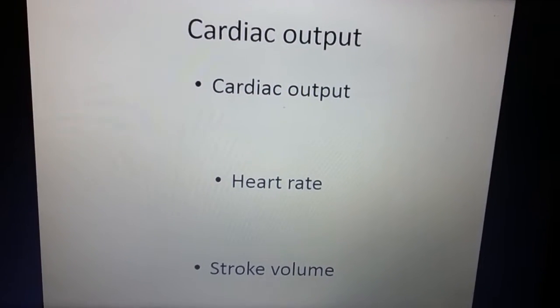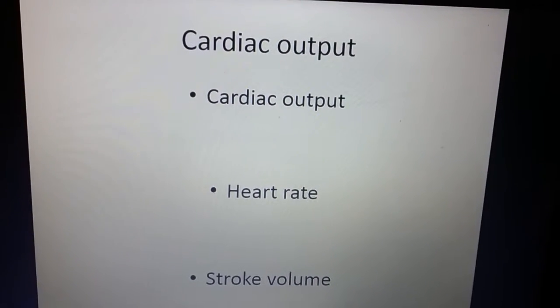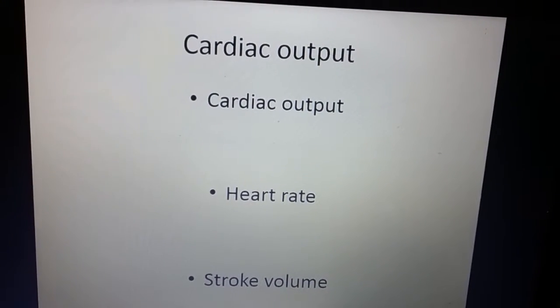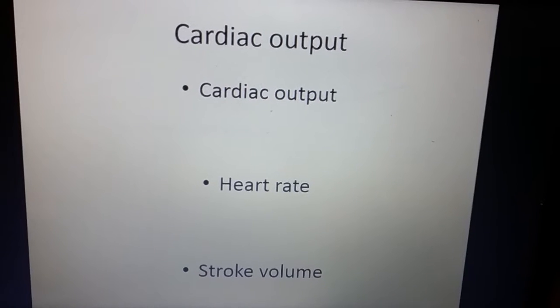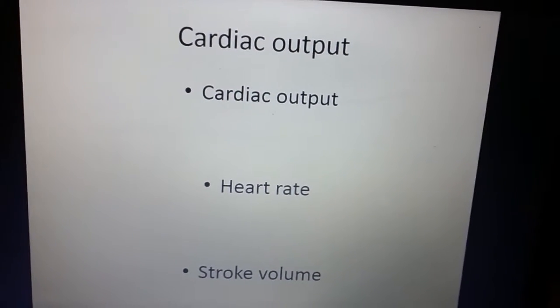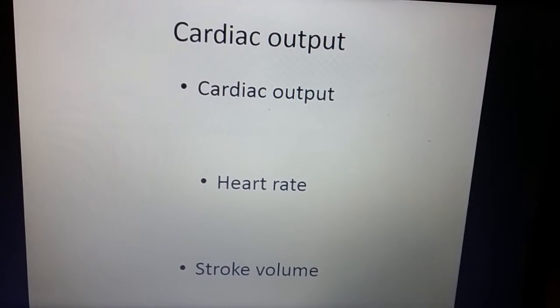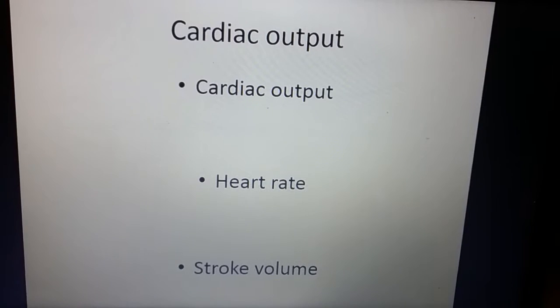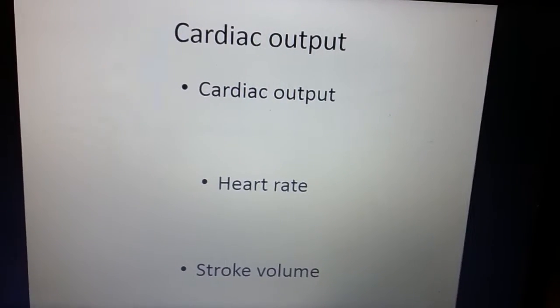Cardiac output is a measurement of the amount of blood pumped by each ventricle in 1 minute. Heart rate is the number of times your heart beats each minute. However, the rhythm and strength of the heartbeat could also be noted, as well as whether the blood vessel feels